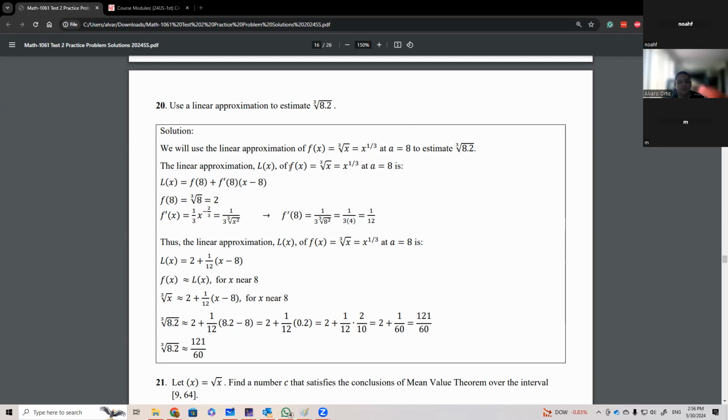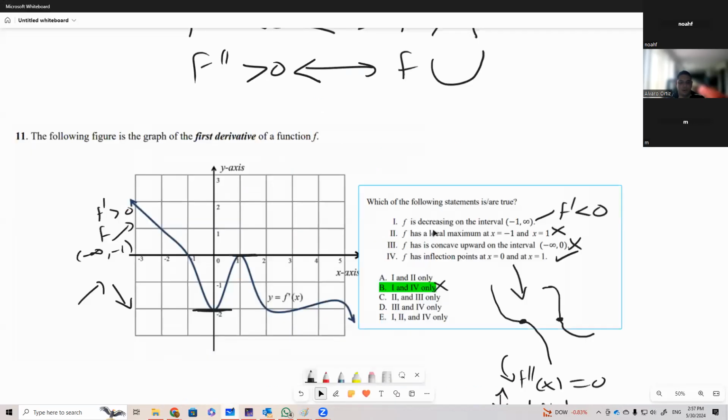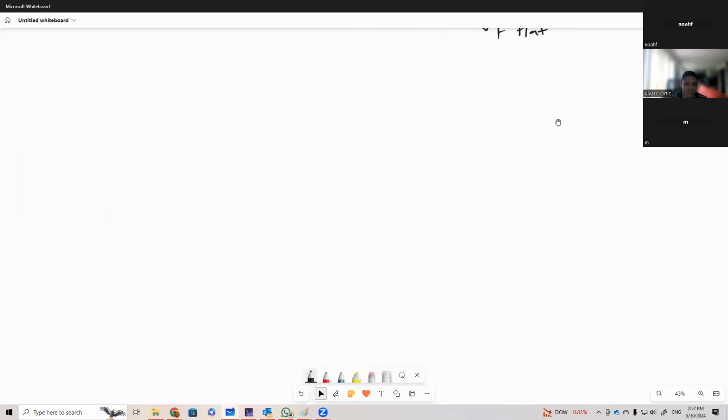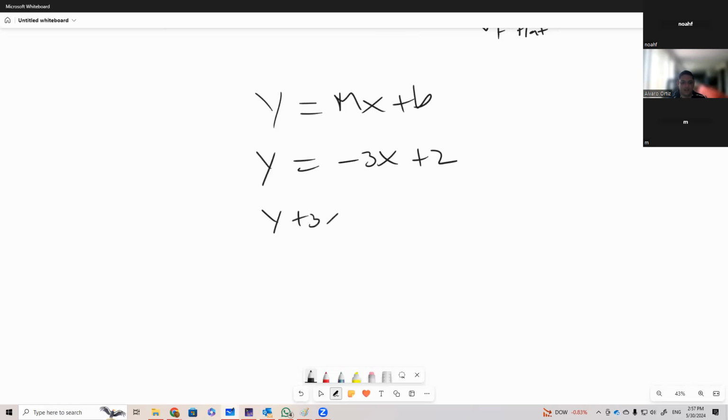Now, the linear approximation function is the tangent line. So it's given by f of a plus f prime of a times x minus a. Okay, this is the linear approximation, and it's always going to be the equation of a line. And remember, the equation of a line always has the shape y equals mx plus b. So something like this could perfectly be a linear approximation. The same thing, something like this could be a linear approximation.